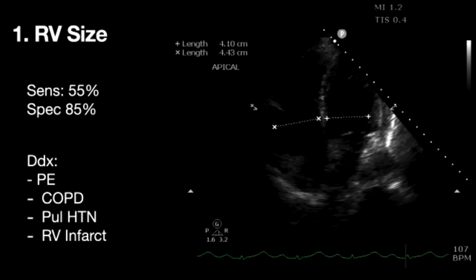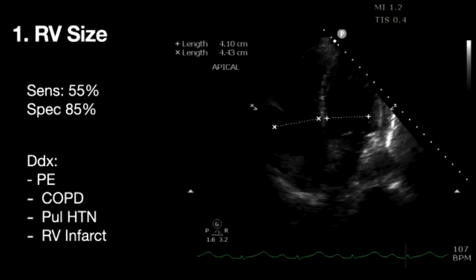If we have someone who comes into the ED with pleuritic chest pain, tachycardia, and hypoxia, and we do this, right, and we see an increased RV size, that's a high pre-test probability patient. And so that's going to really give us some information. Whereas if I just go out and scan 100 people here in town, it may not perform quite